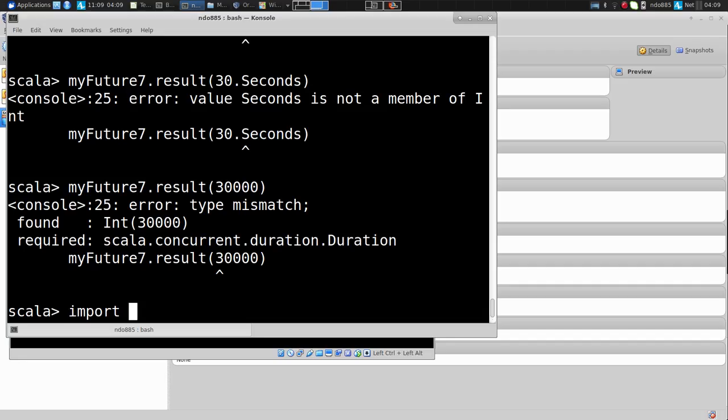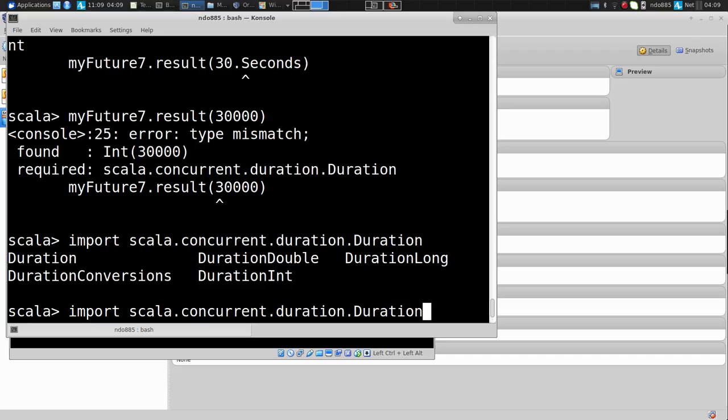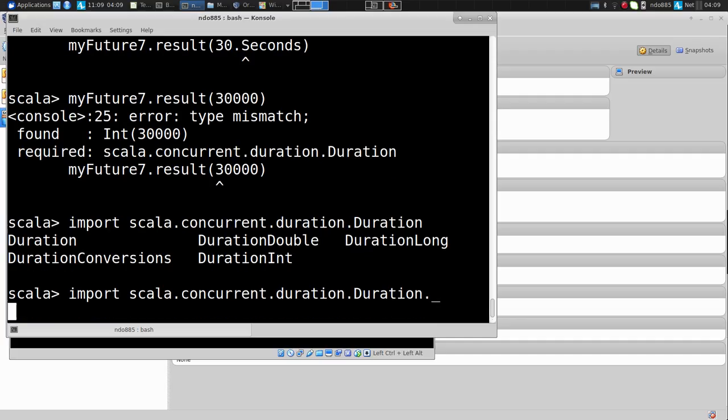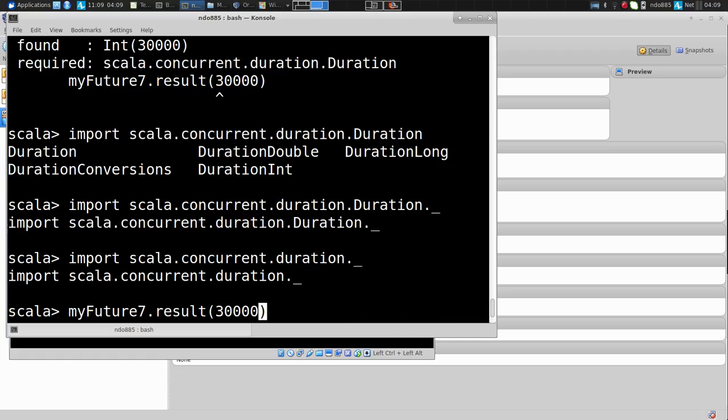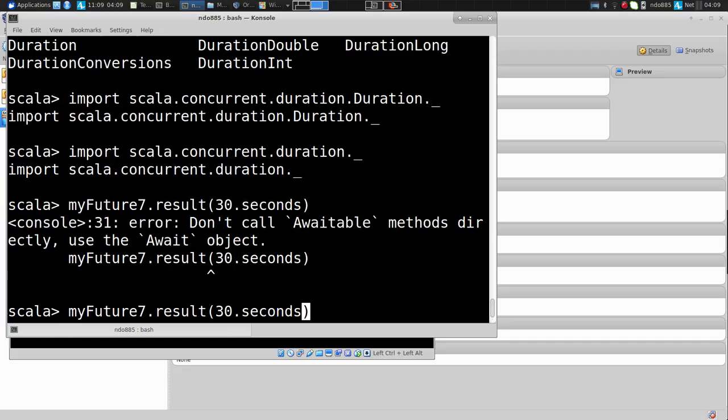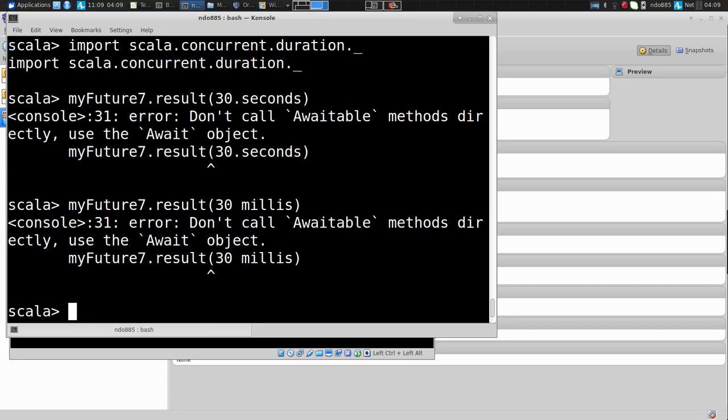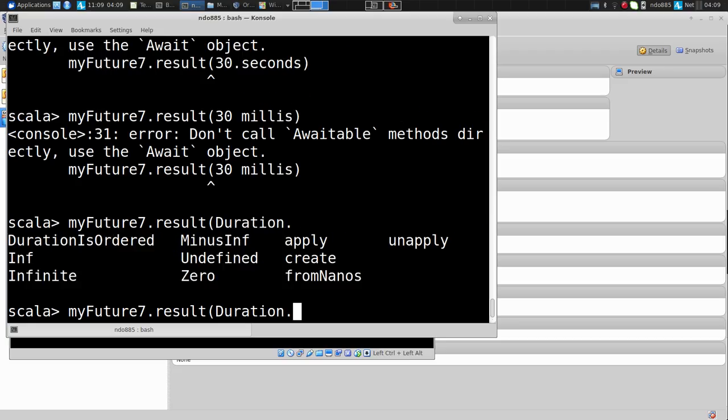So import scala.concurrent.duration. Okay, and I'm going to import everything from there, and in fact everything from this. I thought there was a way to do this. Okay. So let's see, 30 millis. Unfortunately, I'm having trouble encoding this as a duration. Let's just see, is there a